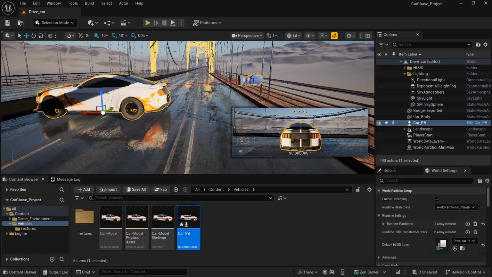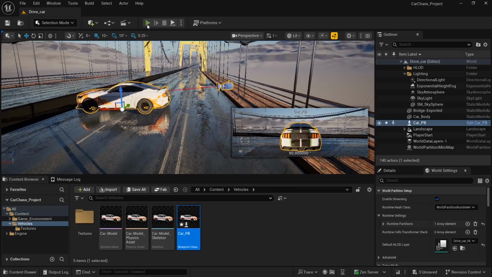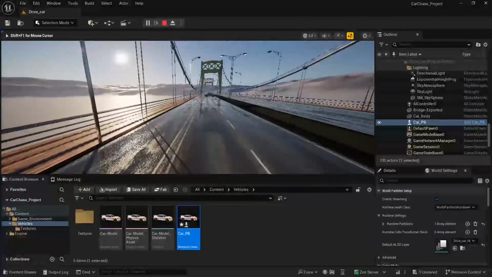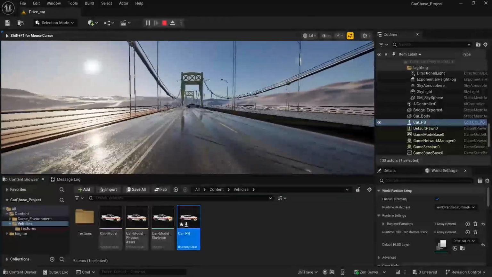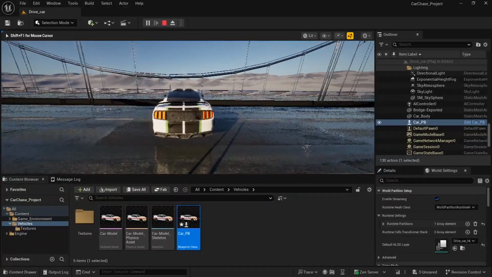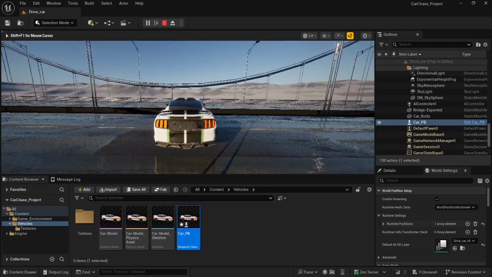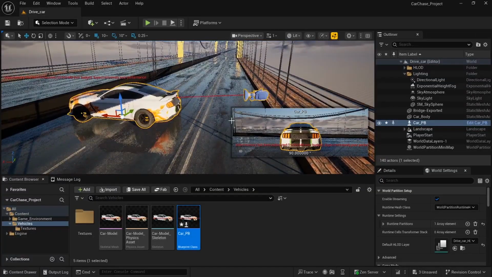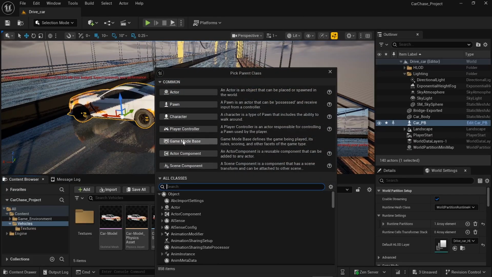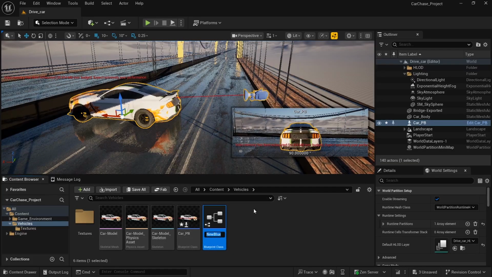So now what we need to do, I want when we play our game, I want to be facing the back. We need to set that camera on. So this is what we got here. This is our vehicle. So I want when I play, I want to put the camera behind like this. So to do that, we have to set up our game mode. So we can just right click here and jump again to blueprint class, and it's going to be this game mode base. You can just click on it, and let's call it my game mode or